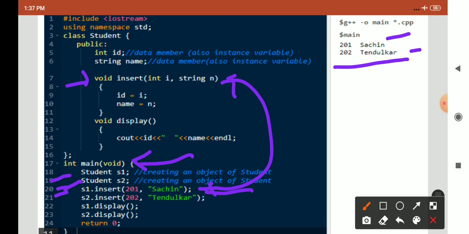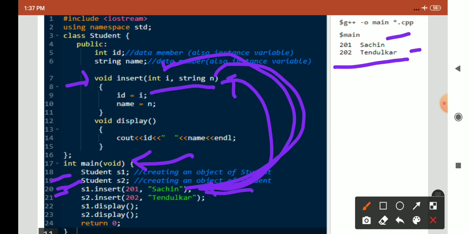Okay, and we are passing two values, 201 and Sachin. So 201 goes to, we can say, int i. Okay, i contains 201 and n contains Sachin, and those are passed here.